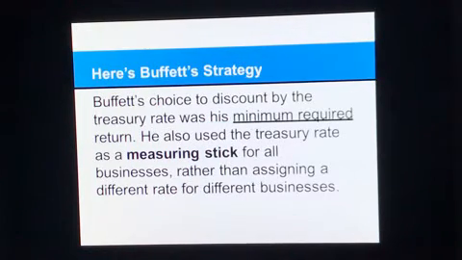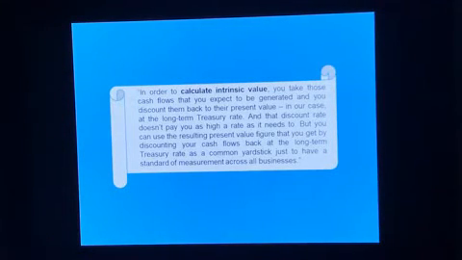So actually he basically gives, we can say, a standardized way or standardized basis to calculate the discount rate. He also used the treasury rate as a measuring stick for all businesses rather than assuming different rates for different businesses. He standardized the discount rate, saying this is the minimum rate, and beyond that rate you can charge any amount. So in order to calculate the intrinsic value, meaning original value,